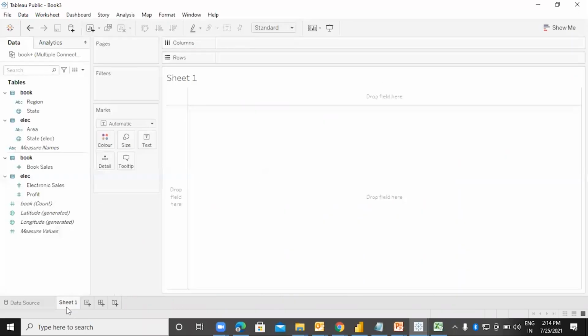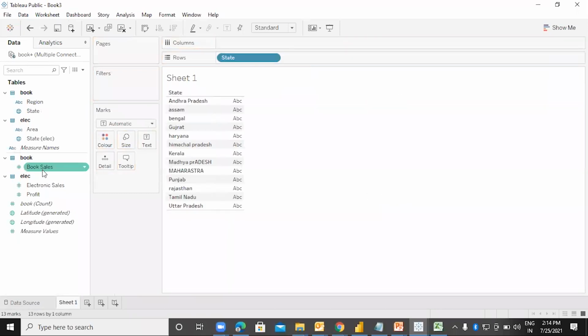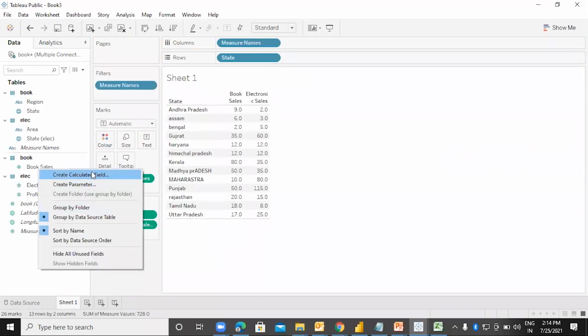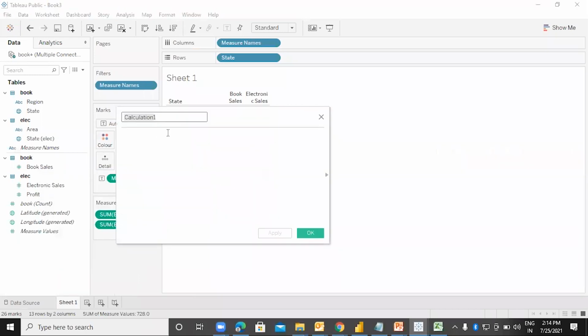When it comes to the visualization, there is absolutely no change. Right, I can take the state from the book. I can take the book sales. I can take the electronic sales. Here also I can create a calculated field. Let's take total sales, and I will say sum of book sales plus sum of electronic sales.